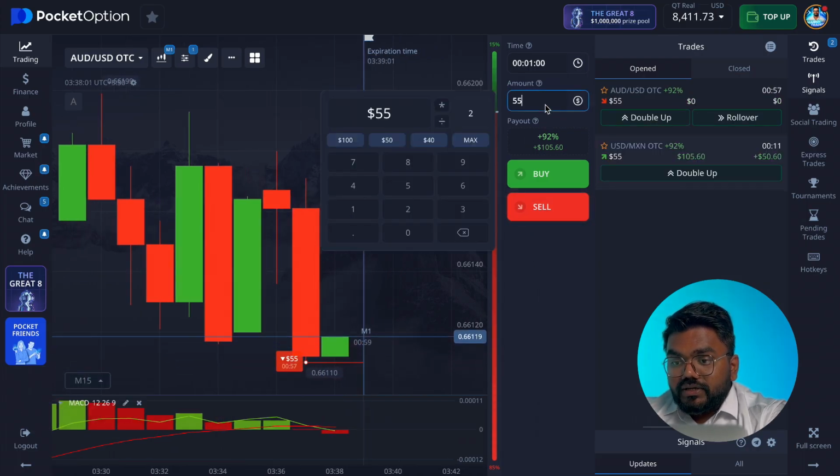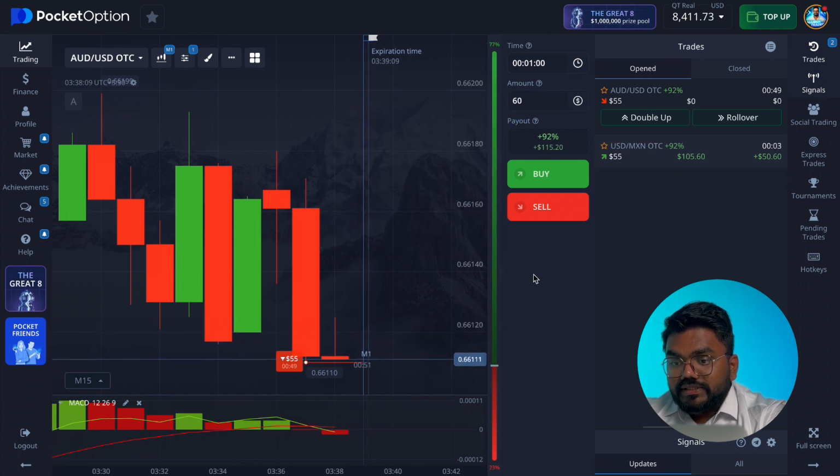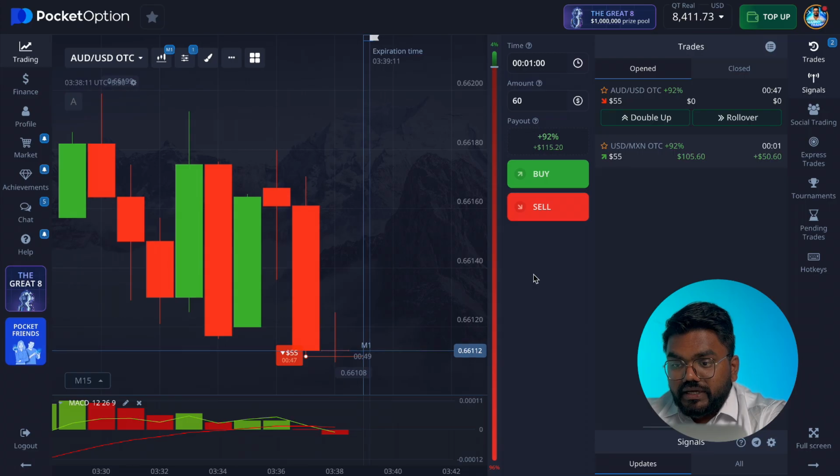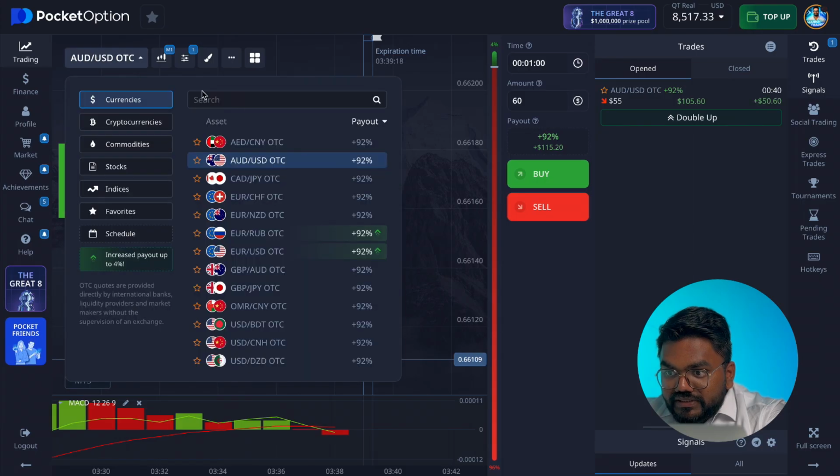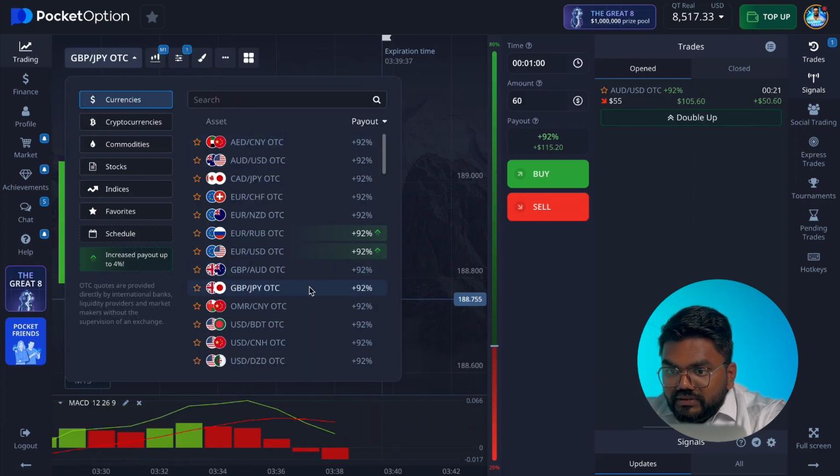So the trade just got closed, and now we are going for the next trade. As you saw, this MACD signal actually worked, and hooray, we just won more funds. That's crazy. So let's switch to the currency pair. Okay, so GBP is one of the things. It can be taken as a bet because it just crossed the line and it's going down. Let's go with a different one.